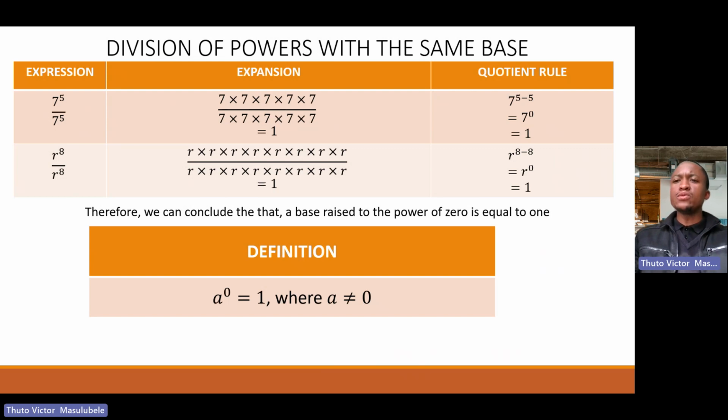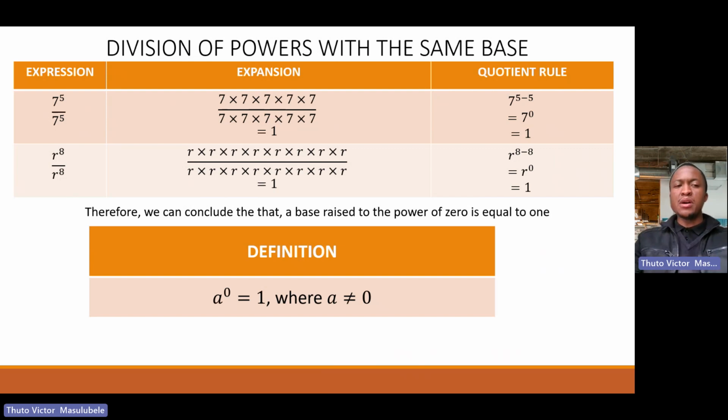But then what happens if you did not apply the quotient rule? If you decided to expand the expression on the far left, you have 7 multiplied by itself 5 times, divided by 7 multiplied by itself 5 times. The identical factors will divide with each other, giving us a solution of 1. So in other words, we can therefore conclude that a base raised to the power of 0 actually gives us